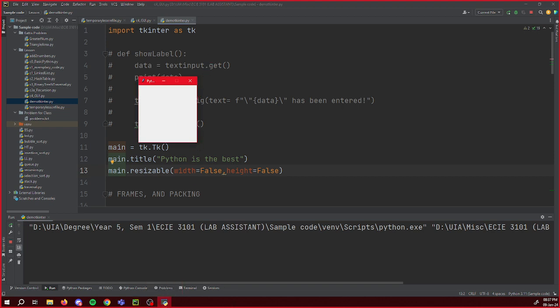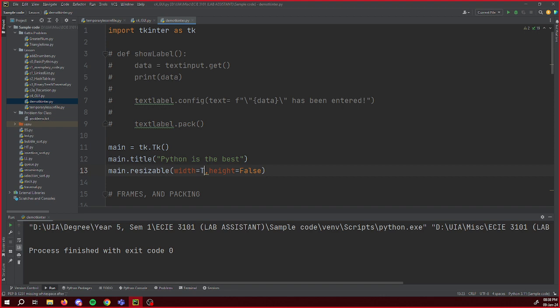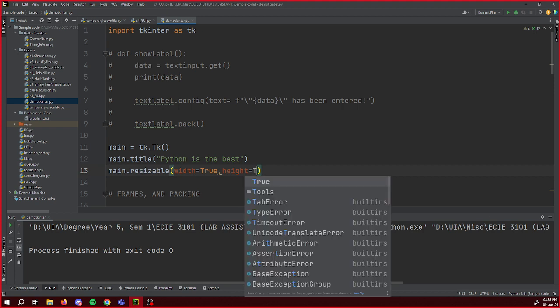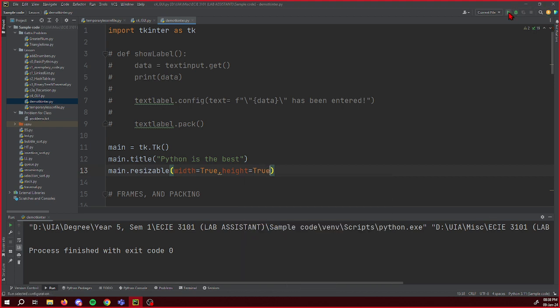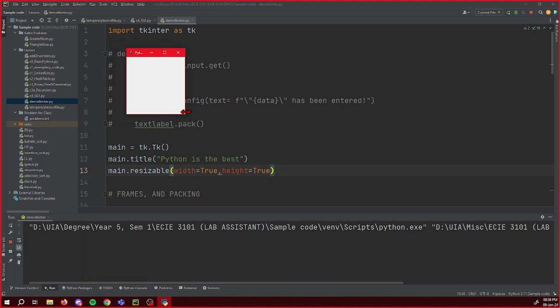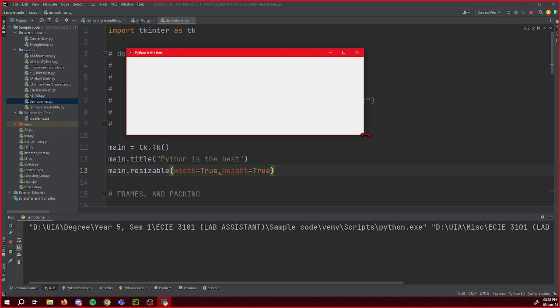It basically tells the program that the window that we are going to create is not going to be resizable. It tells the program how you want the window to change its size. Can the user change its size manually, or should it just let the program handle the size? Okay, let me show you. If I were to put it as true for the width and the height, what you will get from here is that you can see that the icon, the cursor of the mouse, changes so that we can change the size of the